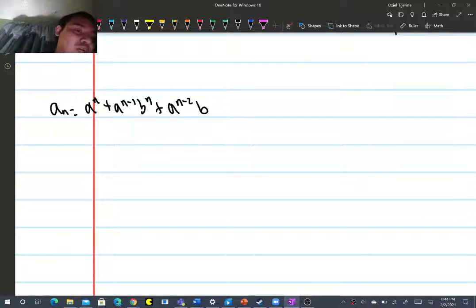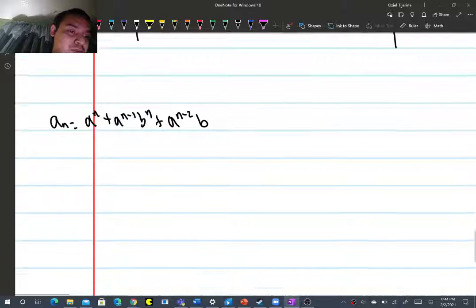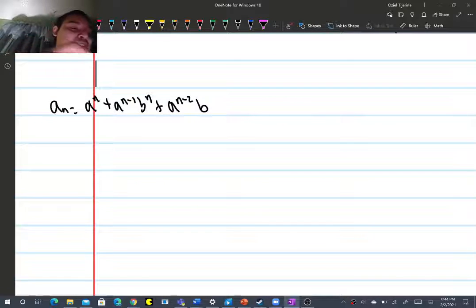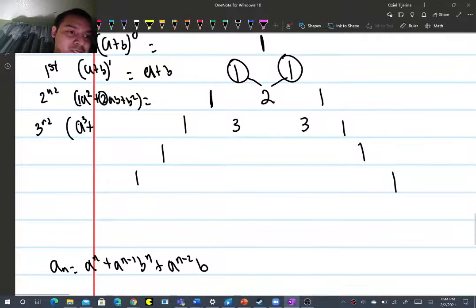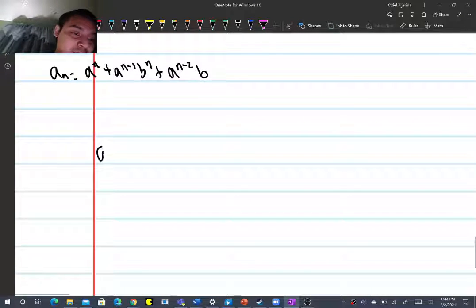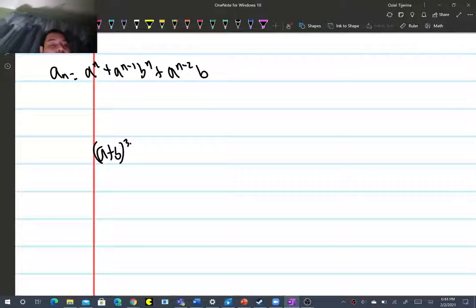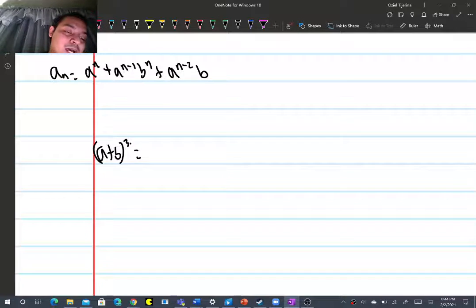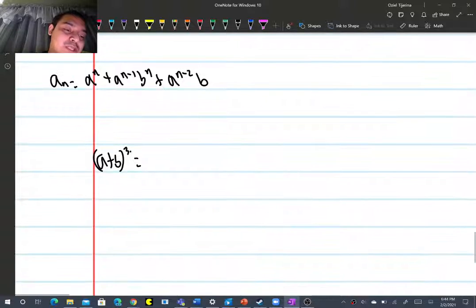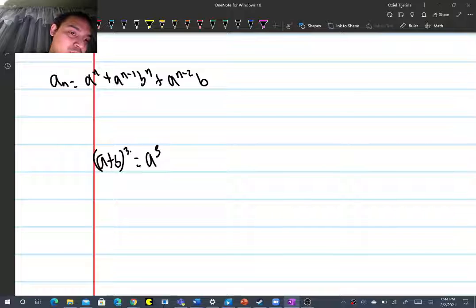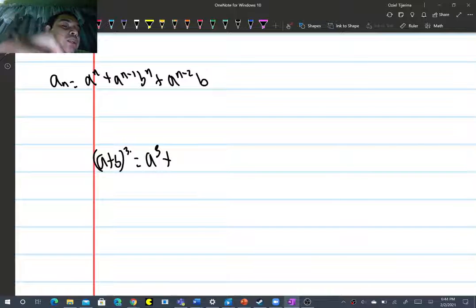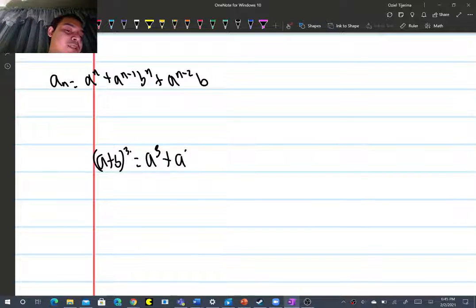Basically, when you have any type of nth term, let's look at this one here, a plus b cubed. Basically we have a cubed, and then we're going to decrease the exponent by 1. So we're going to say a to the 3 minus 1, b to the nth power,